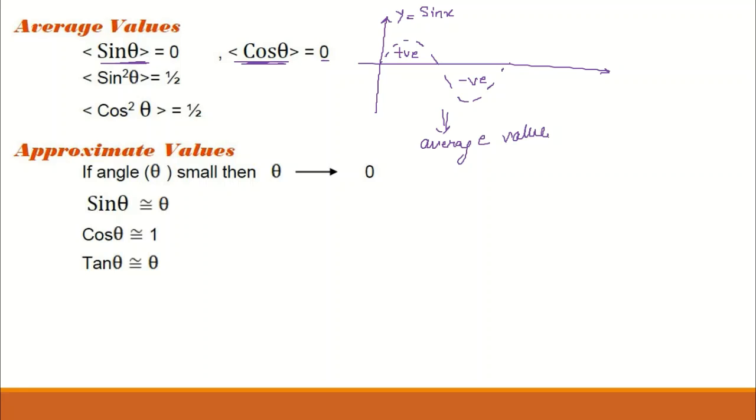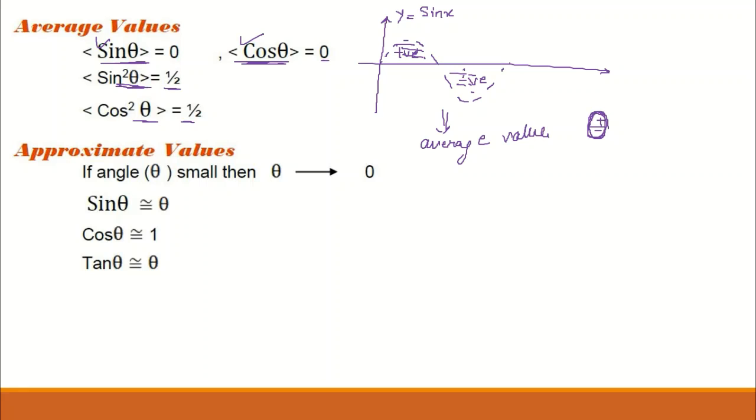तो इस केस में मेरे पास ऊपर वाली कुछ वैल्यूज़ होंगी, मेरे पास नीचे वाली कुछ वैल्यूज़ होंगी और उनका ओवरऑल दोनों इक्वल इन द डेप्थ, इक्वल इन द हाइट और सेम आइडेंटिकल हैं, देन डेफिनेटली जितना पॉजिटिव पार्ट है उतना ही नेगेटिव पार्ट है, तो ओवरऑल इट विल बिकम 0. Hence the average value of sin theta and cos theta is 0. Whereas the average value of sin square theta is 1 by 2, or cos square theta is 1 by 2.